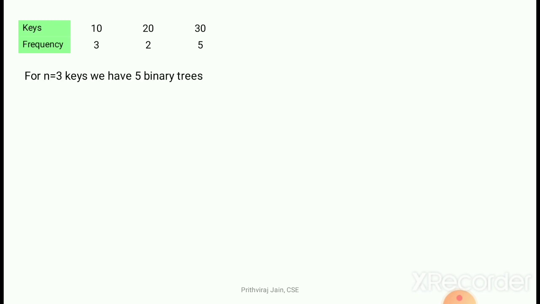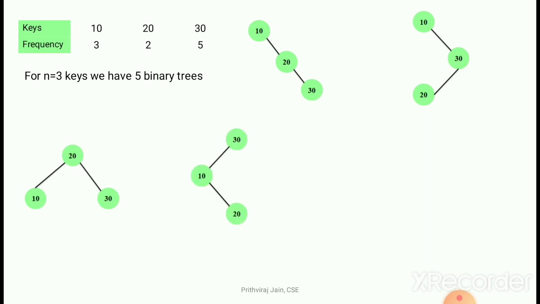So for n is equal to 3, as we have studied, we should have 5 binary trees. This is one type of tree, and this is a binary search tree, and we can have many different forms of binary search trees for this given data, with total possibilities being 5. Here you can observe these 5 different possibilities to construct the binary search tree for the given data. Now out of this we have to find one binary search tree as the optimal binary search tree. How to do this? That is mainly based on the frequencies.